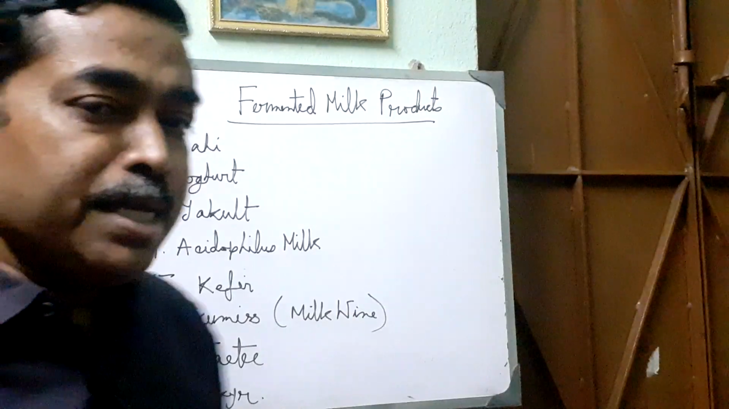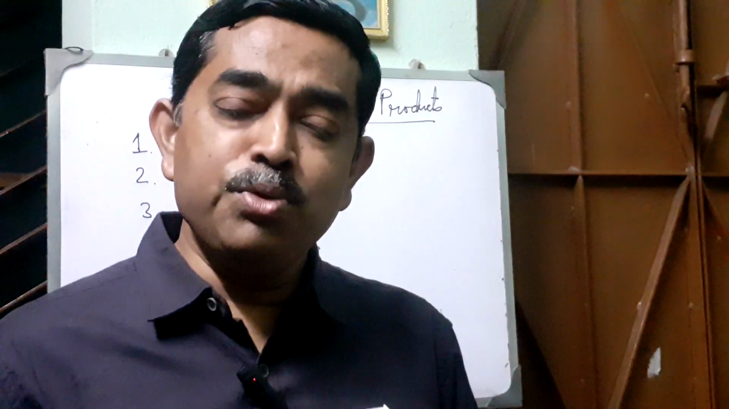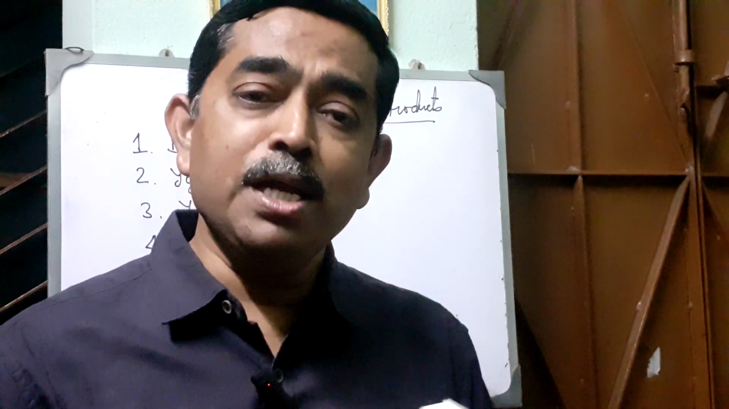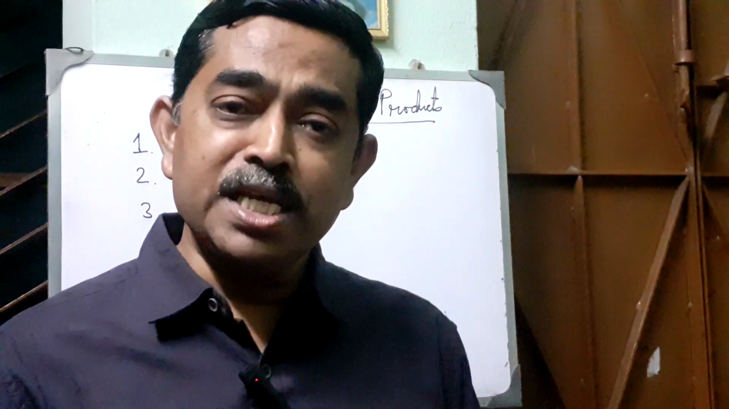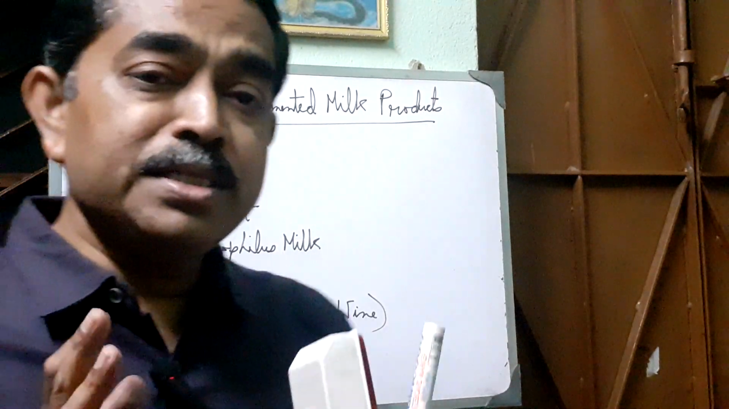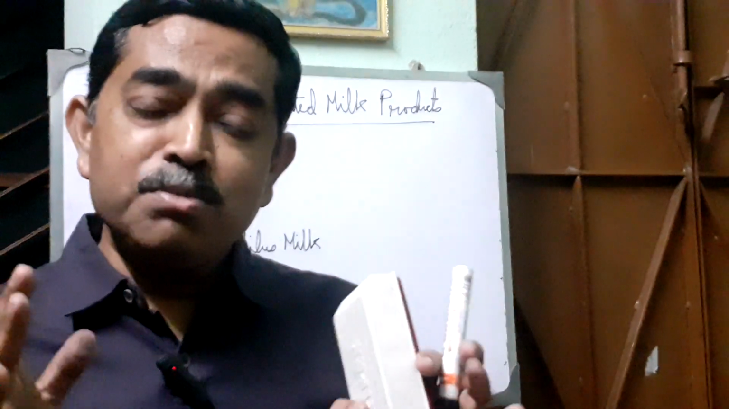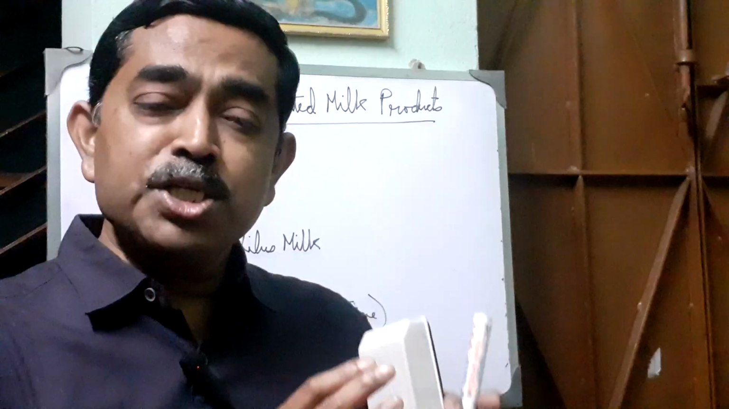And yakult, we know that yakult is a Japanese probiotic fermented milk product, and Lactobacillus casei strain Shirota is used for its production, named after Professor Minoru Shirota, who discovered this particular strain, Lactobacillus casei strain Shirota. And acidophilus milk: the rod-shaped lactic acid bacterium Lactobacillus acidophilus is used for the fermentation of